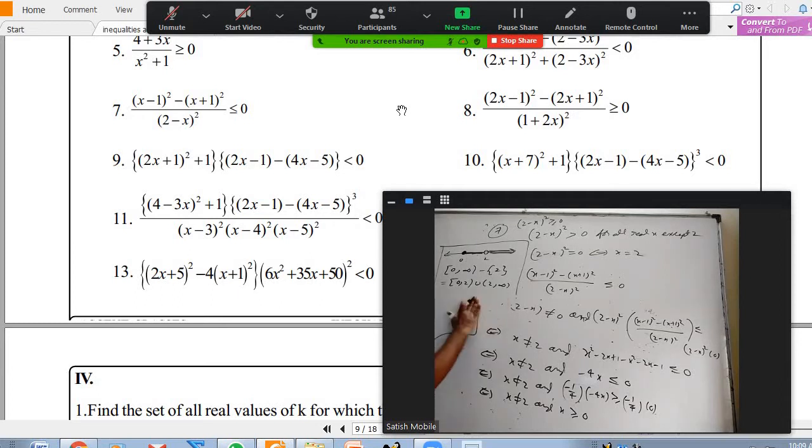And if you want to write this in set form, you can simply write x such that x is greater than or equal to 0 and x is not equal to 2. So the 7th point mainly here is don't send this denominator that side. It is always positive, but at one number it is 0. You have to eliminate that. So from here to here, writing is very important. Is it all right, 7th one?